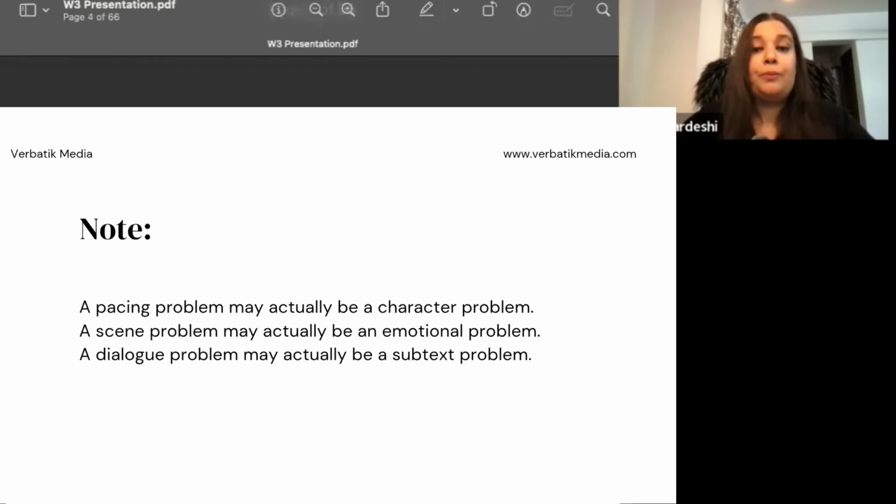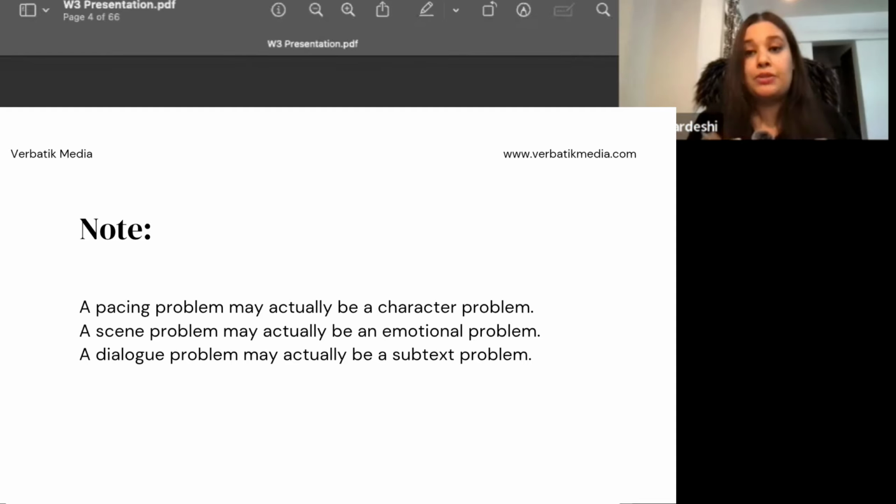A pacing problem may actually be a character problem. A scene problem may actually be an emotional problem. And a dialogue problem may actually be a subtext problem. And this is exactly why revision feels so complicated, because manuscripts behave more like complete living organisms with complex systems rather than separate compartments. Now, in workshop number 2, we focused heavily on layer 3, structure and pacing,